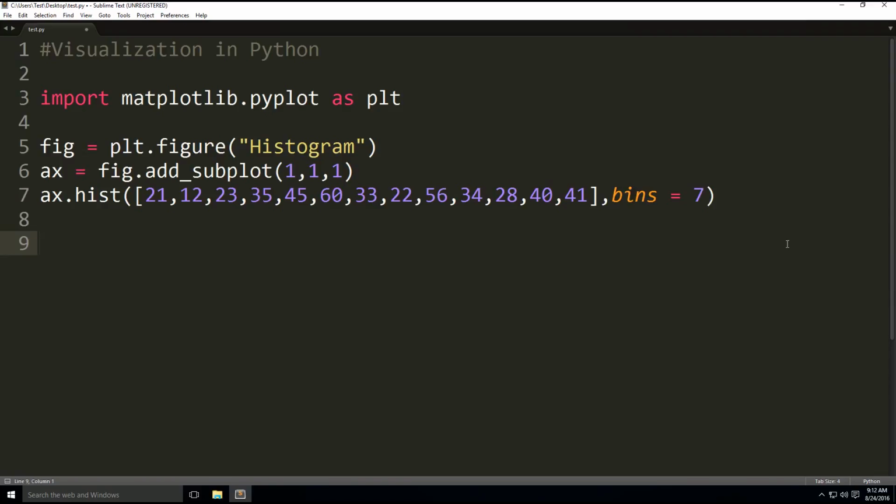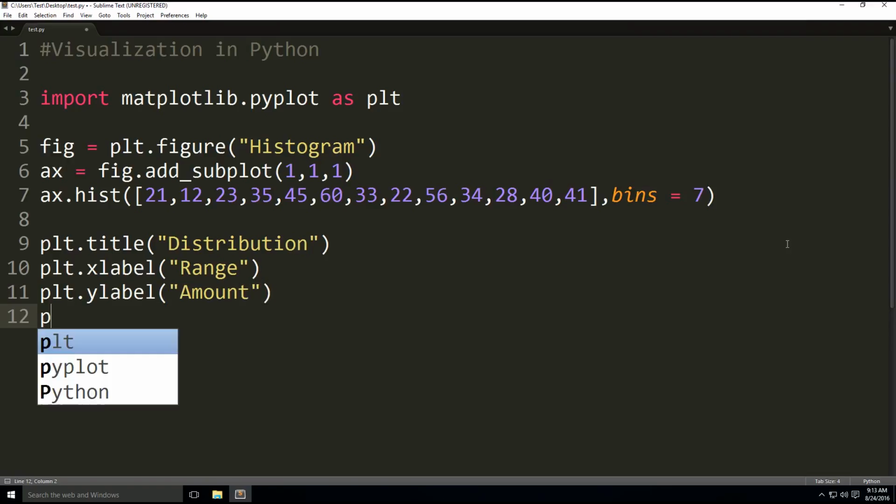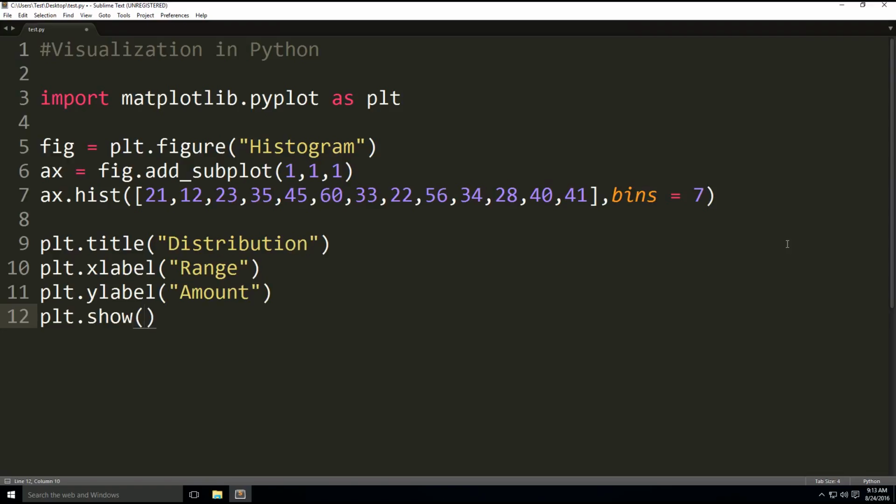All right, so now we're going to be setting the title, then the labels and description, and actually enabling the figure to be shown. So plt.title, and it's going to say distribution. Then we're going to have plt.xlabel, which is going to be range. Then we're going to have plt.ylabel, amount, which should be capitalized. And then we're going to say plt.show, which is its own function, and this shows